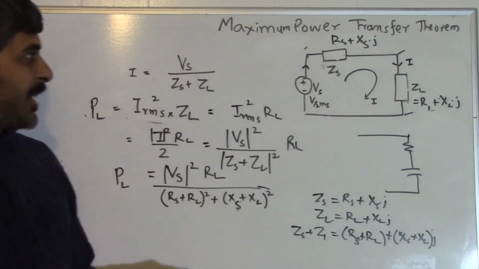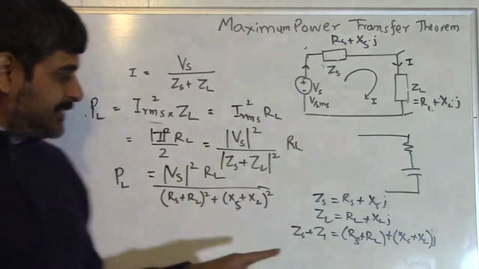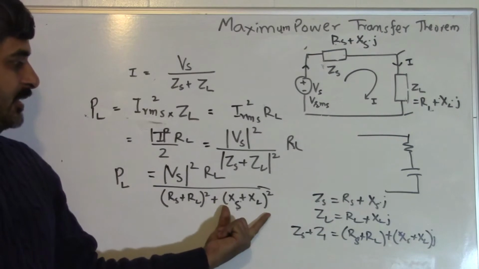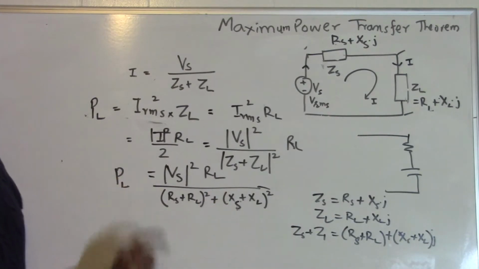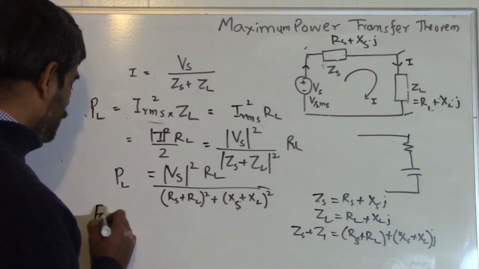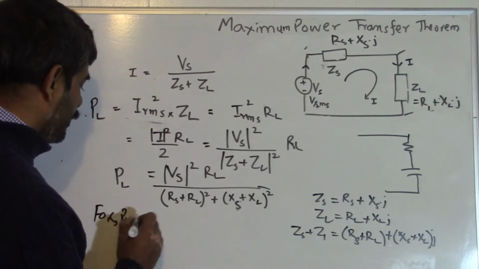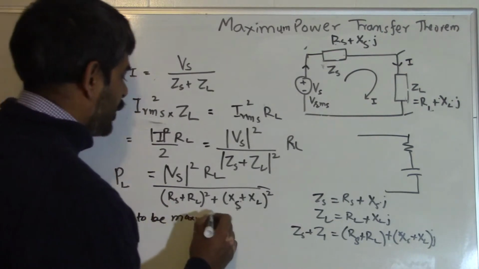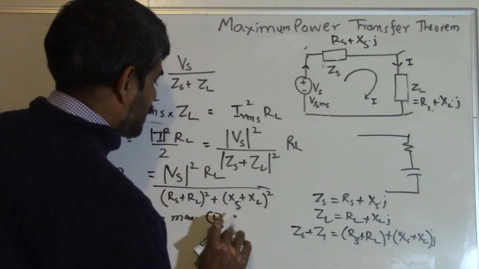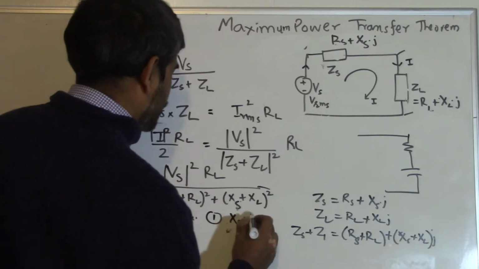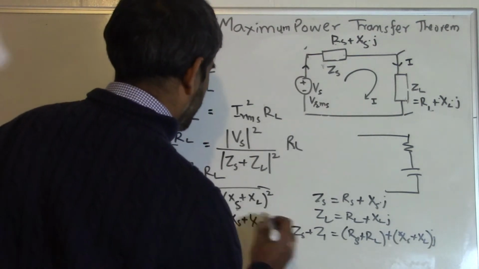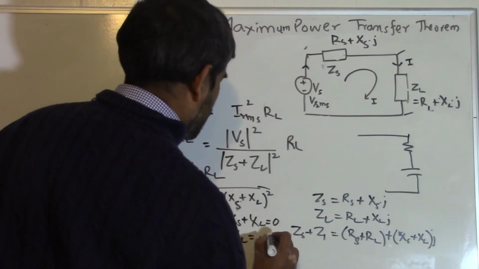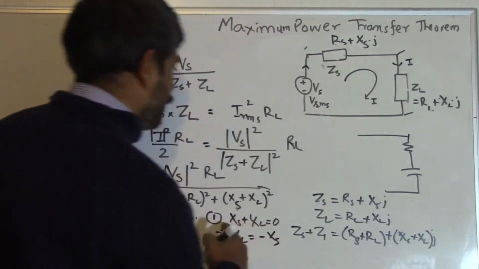That means by choosing XL such that it is minus XS, we have one condition that PL will be maximized. So for PL to be max, I have number one condition, XS + XL is equal to 0,